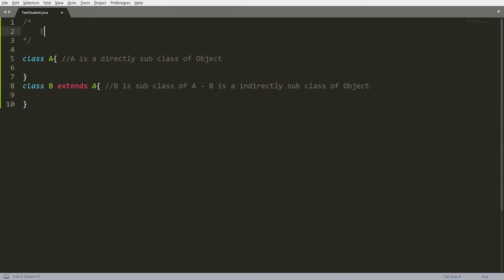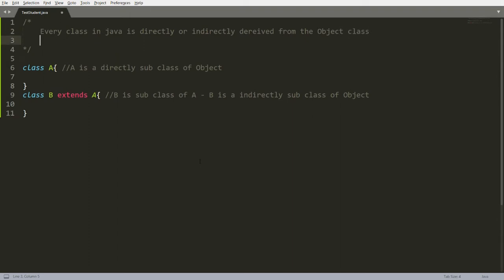So we can say that every class in Java is directly or indirectly derived from the Object class. If you are writing extends, then that particular class is indirectly derived from Object, and if you are not writing extends, then that particular class is a direct subclass of the Object class.